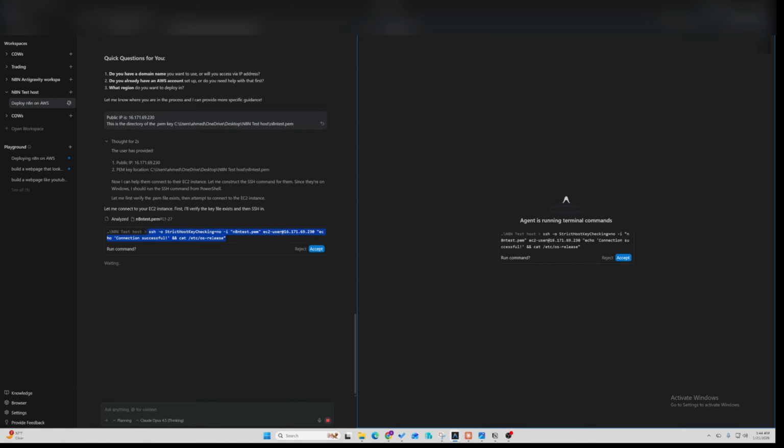Hey, I want to deploy an n8n server on AWS EC2. You don't even have to say EC2. Let's see what it suggests here. Walk me through it. Because I've recently done this before, it's trying to look at the history here,